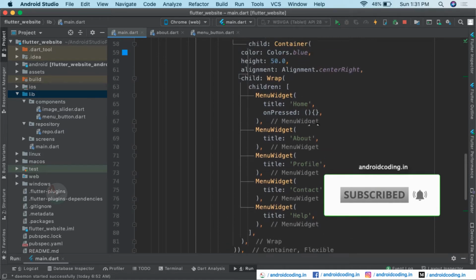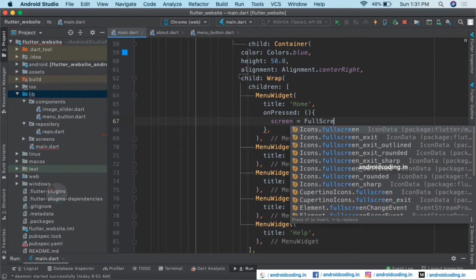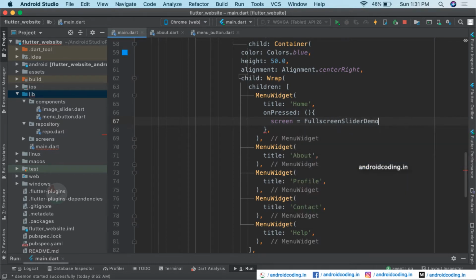In a simple way, I want to deal this mechanism. We will be trying to store the screen equal to, so as we are dealing with the home page, we can just provide the full screen demo. We can provide the same class which we have provided as the initial value, full screen slider demo for our home tag here.